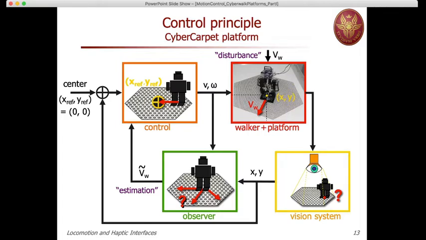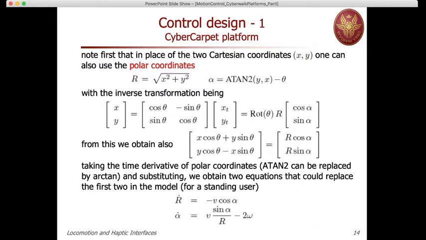Now let's start with a situation in which we assume that the user is not walking. So the first video that we have seen, or the second video that we have seen in simulation, bringing back to the center a user. Before doing that, let me